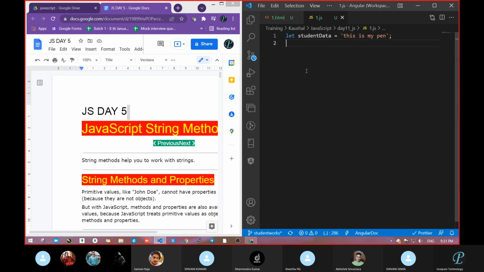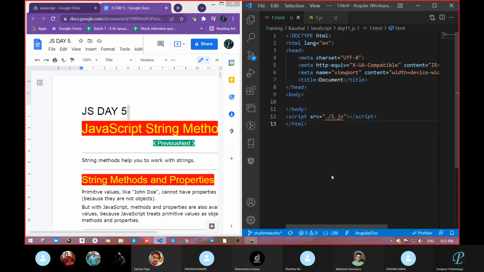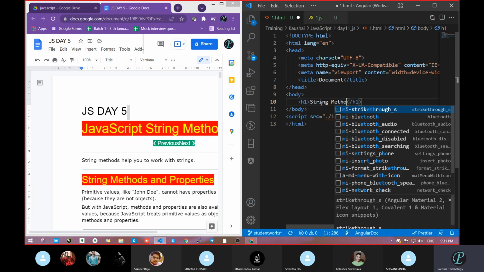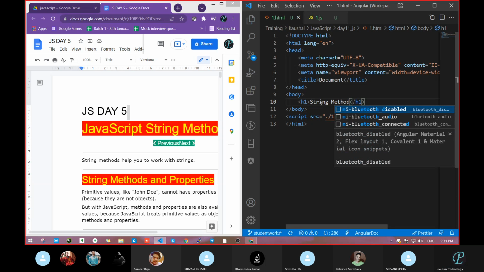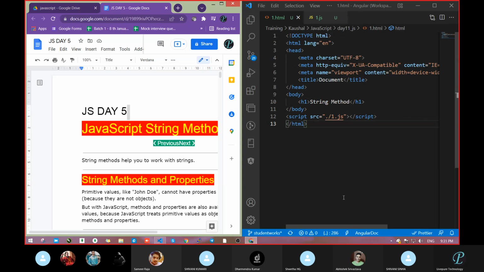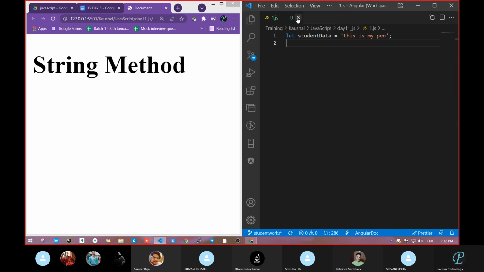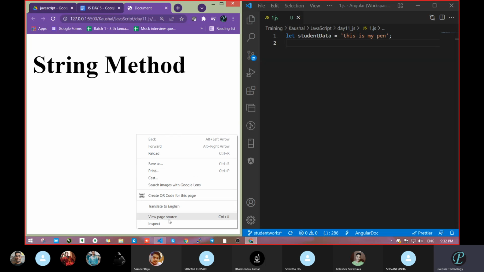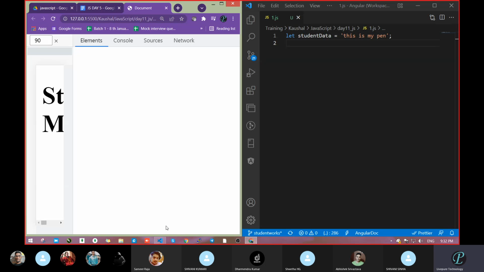Next, H1 string method. Okay, we will check in the console part. That will be fine at least.